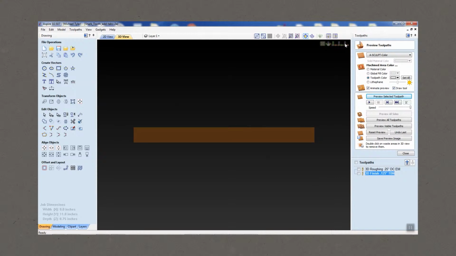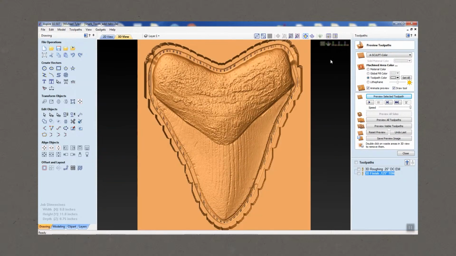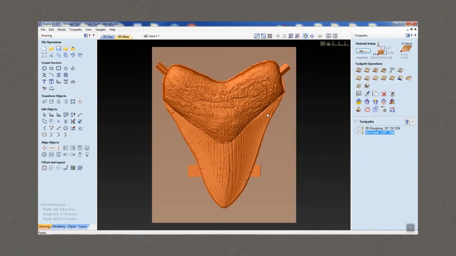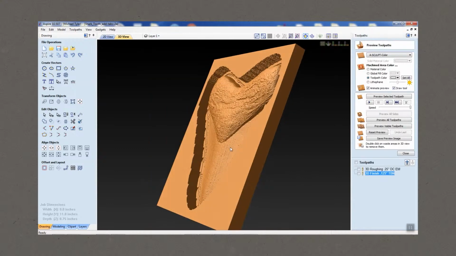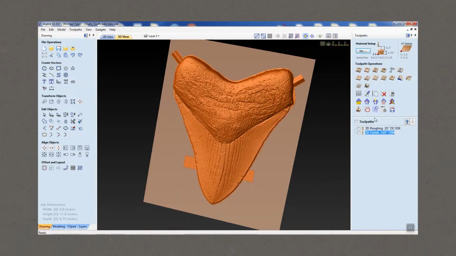Click it one time, hold down Shift, click it again, and it goes to the other end. So a little tip for you there. All right, so it looks like we're good on our Toolpaths. Let me go back into that preview. That's looking good. Now if you want to, you can check what the estimate of time is,